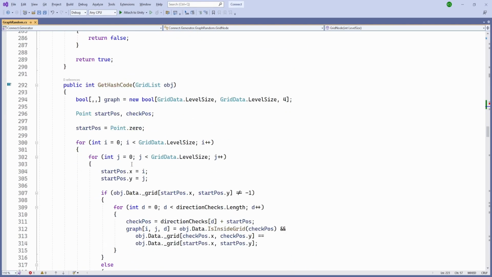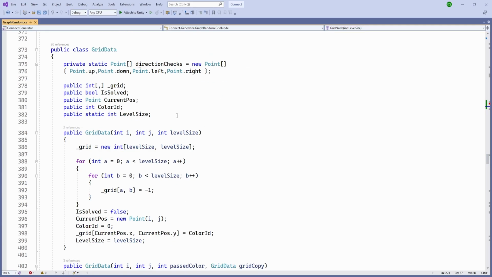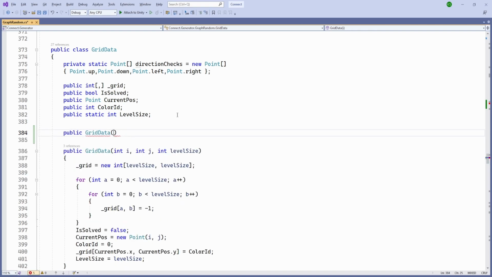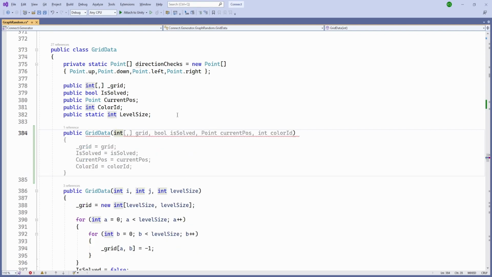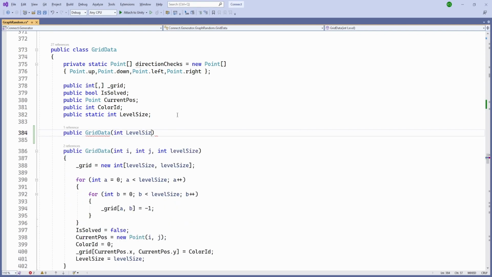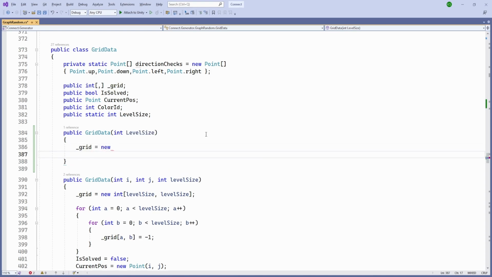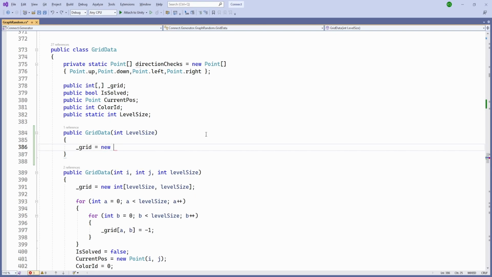So it is going to be inside our grid data class. So let's create grid data, and here we are just going to pass the level size, and what it is going to do is first set up our new grid and new int of our level size,